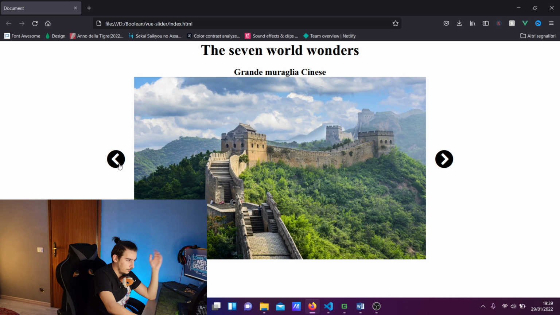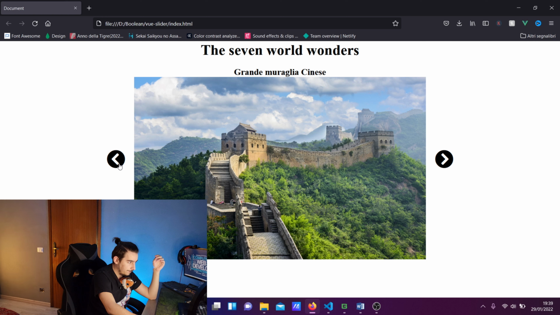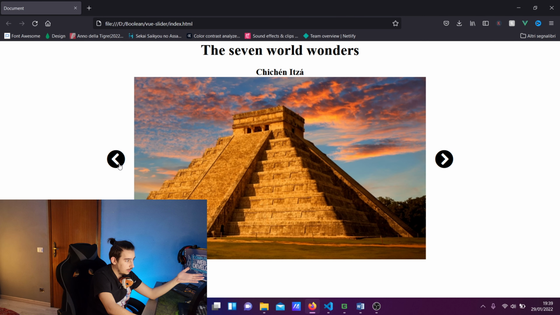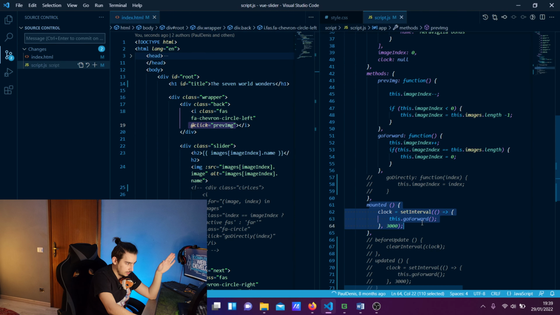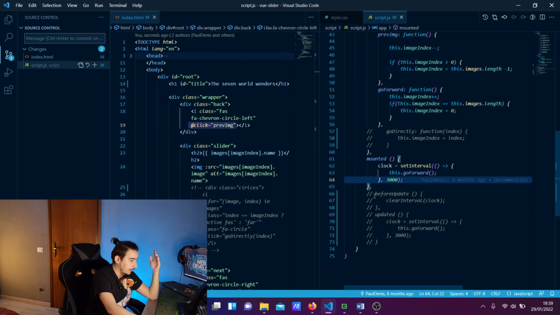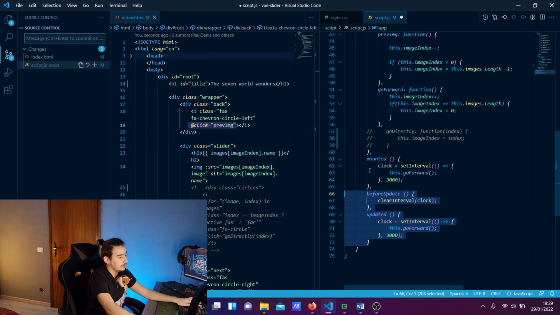But you can quickly see that there is a problem. If I press to go back, but it's almost time to change to the other image, it won't wait 3 seconds after you click. It will change when it has to change, because this timing function, this clock, is still available. It's still 100% working. So what I did, I used the hooks that Vue.js gives me, this before update